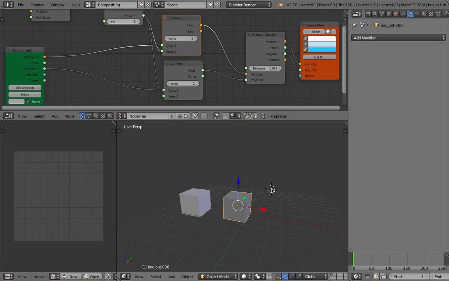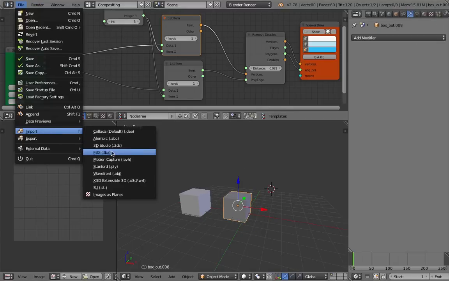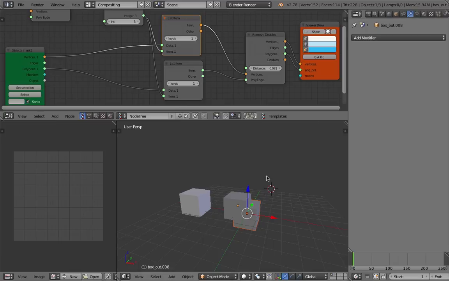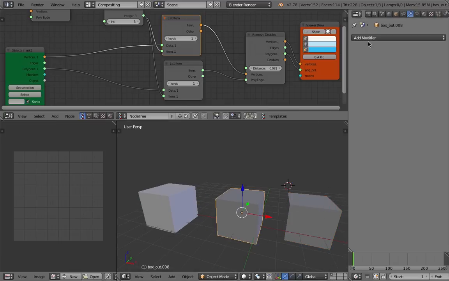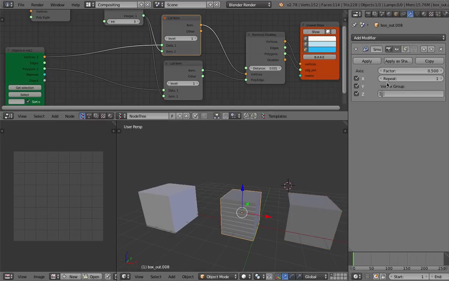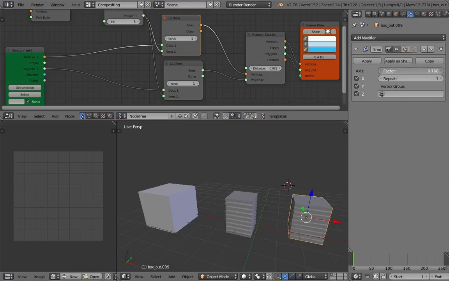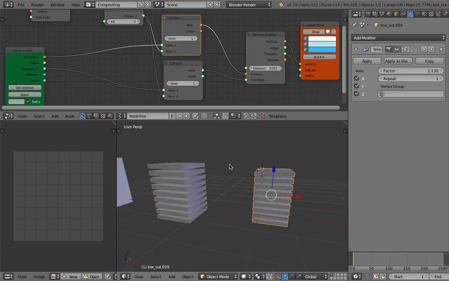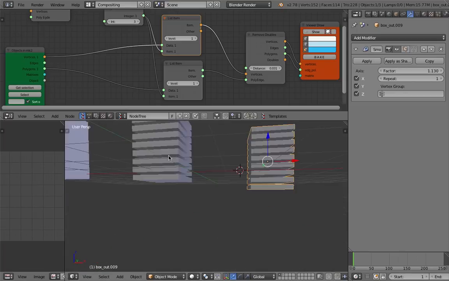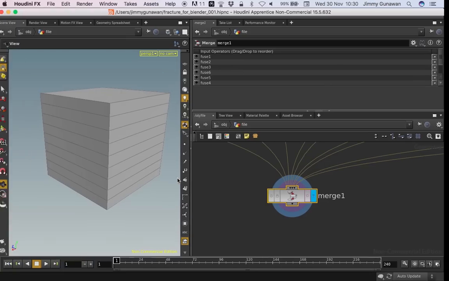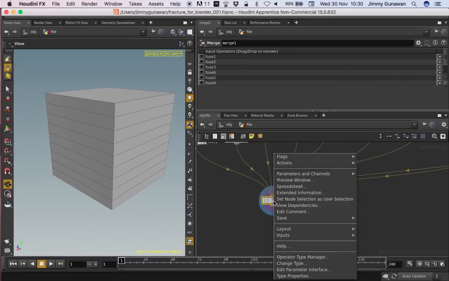File, import OBJ, polygroup on. So with this guy, I'll smooth it. Well, apparently, even with polygroups on and off, it's already like a single object. But if I use a